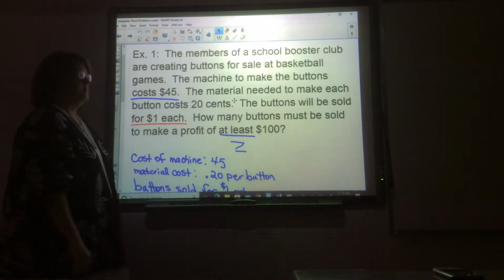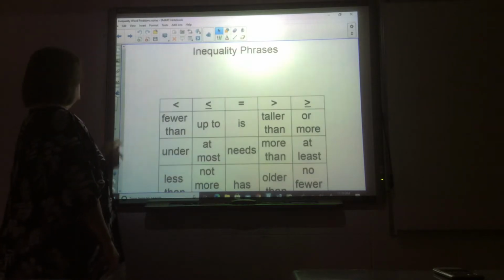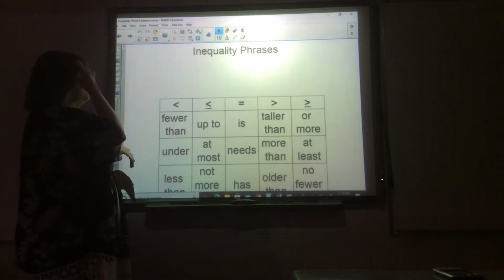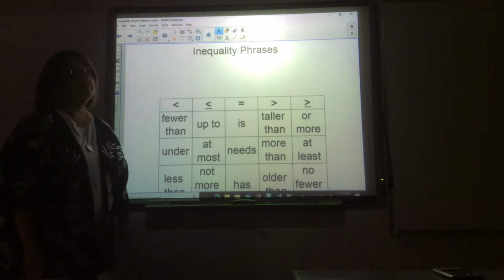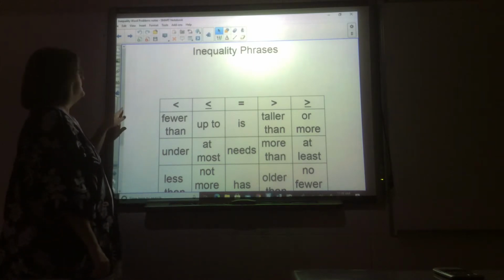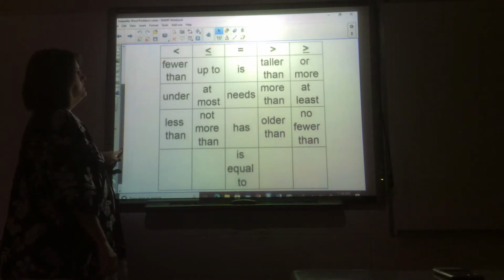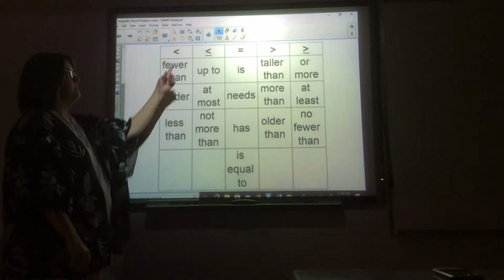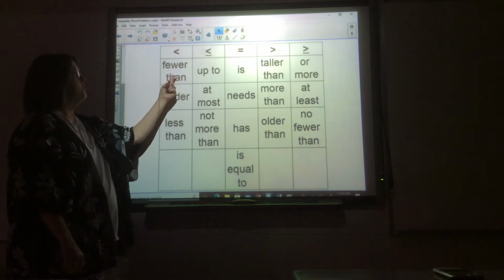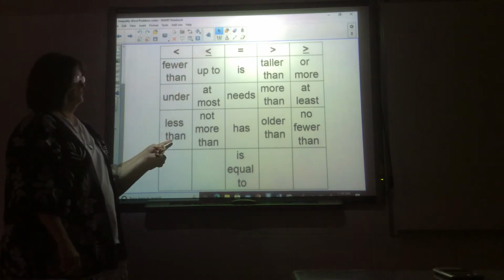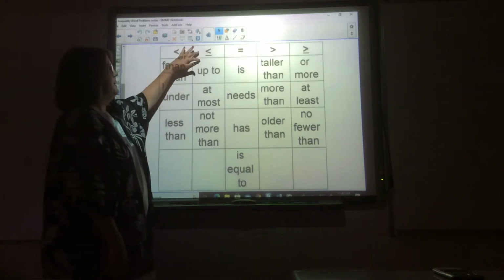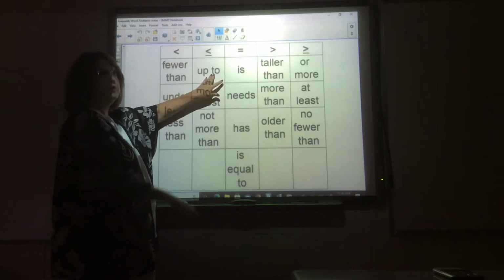Inequality word problems. All right. We want to look at some important phrases. Now, these are not every phrase that you might see, but it's just some of the phrases that you might see. So, words that mean less than are fewer than, under, less than or equal to, up to, which would include